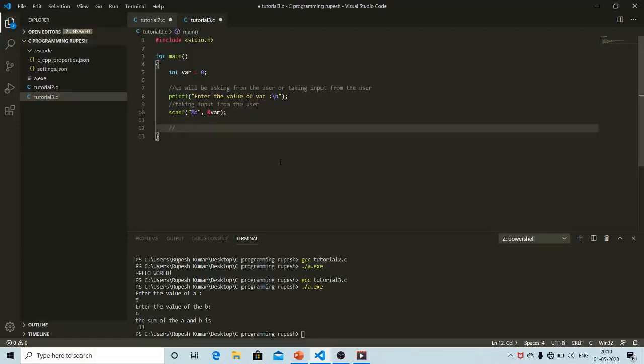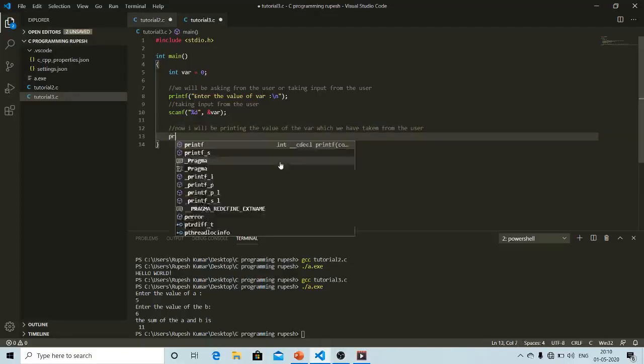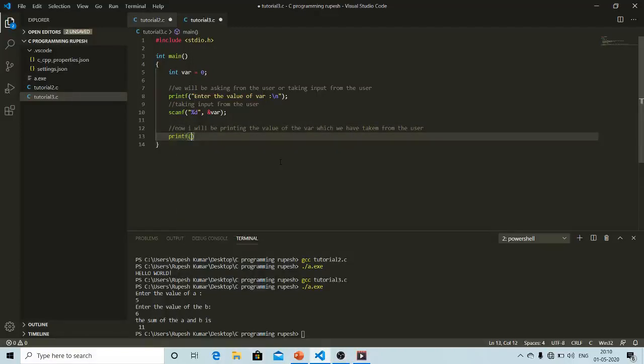Now I will print the value of var which we have taken from the user. So again we need a printf statement.